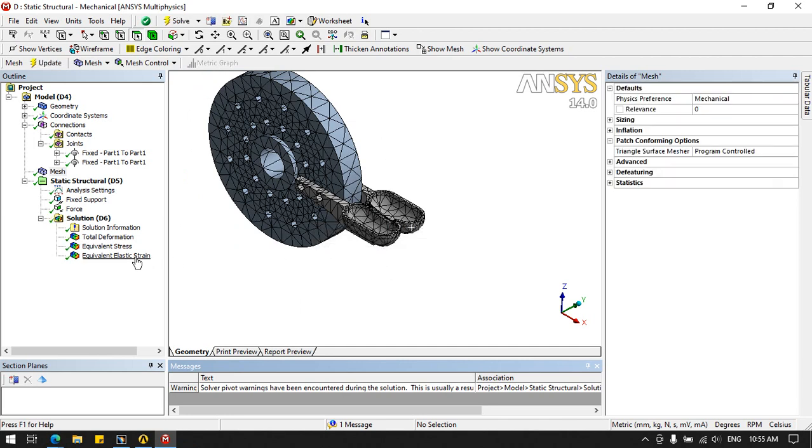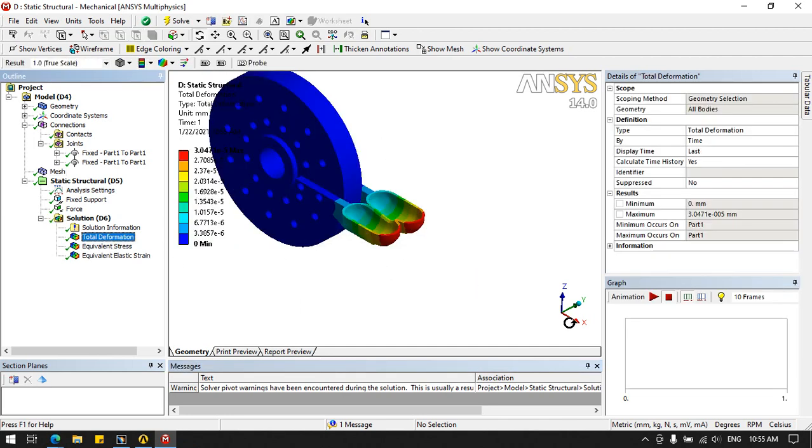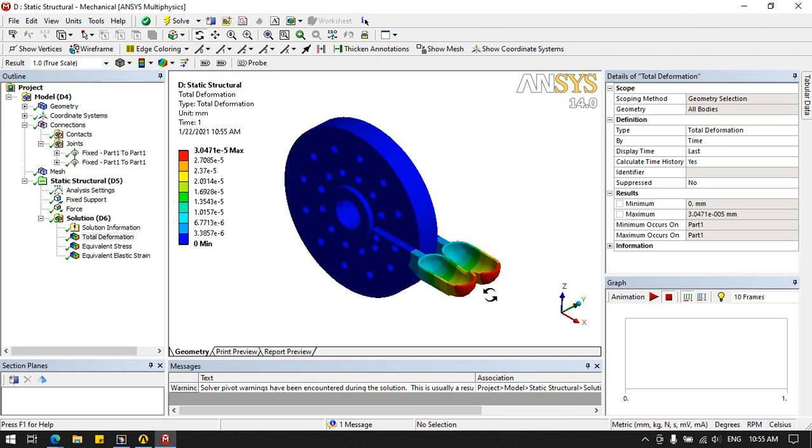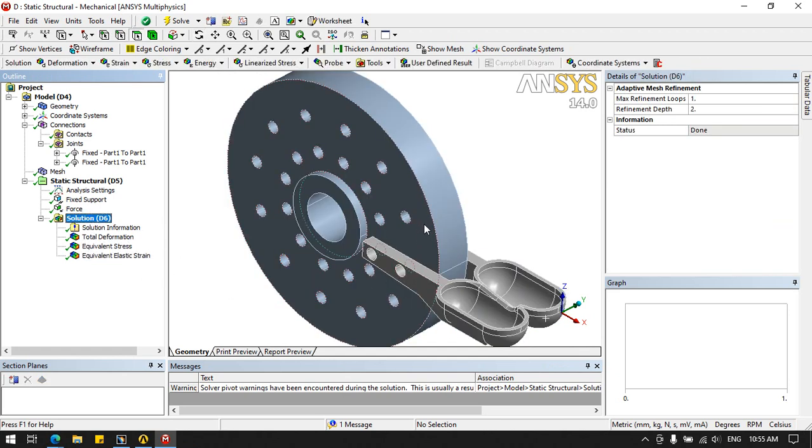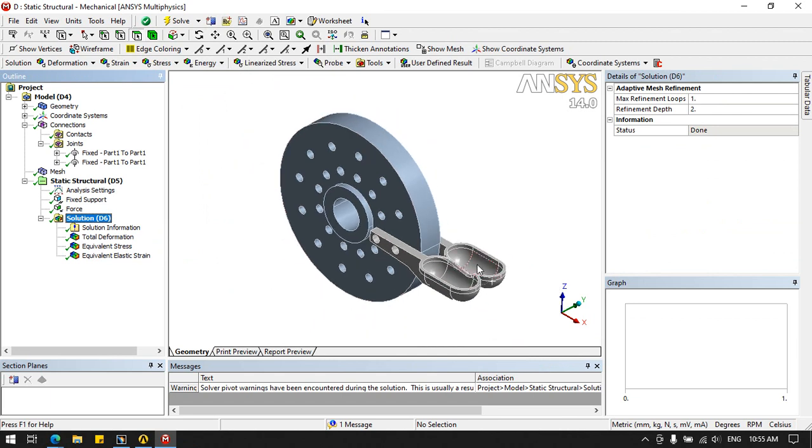Now the solution is done. You can see deformation of the turbine bucket. Stress, we can see stress is being caused over here because of this connection between these two, and strain. So I want to see the stress over this particular body because of this force.